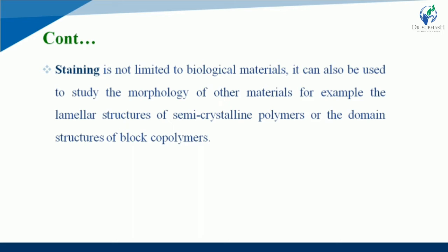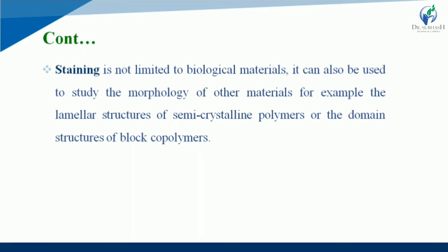What is copolymer? A copolymer is a type of polymer that is made by the reaction of two different monomers with units of more than one kind. Again, I repeat, what is copolymer? That is a type of polymer that is made by the reaction of two different monomers with units of more than one kind, and that is called a copolymer.